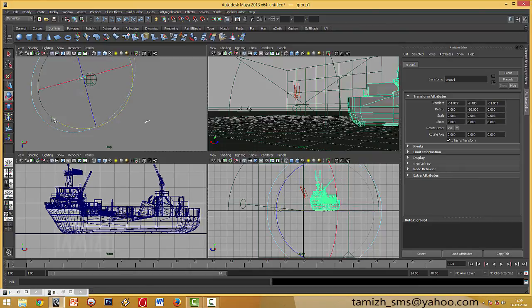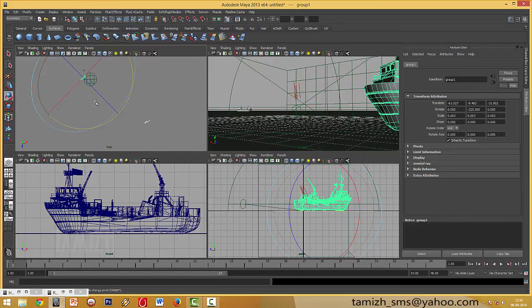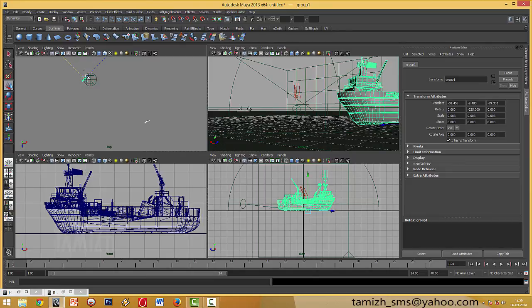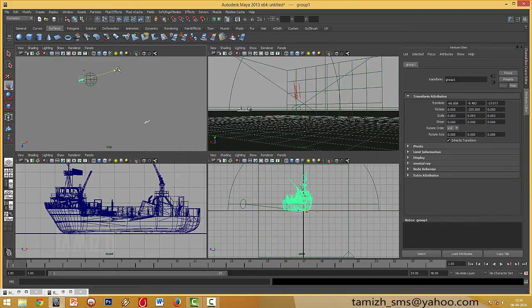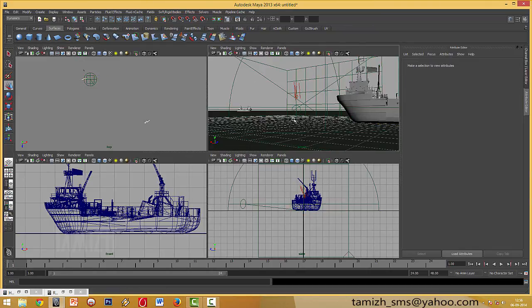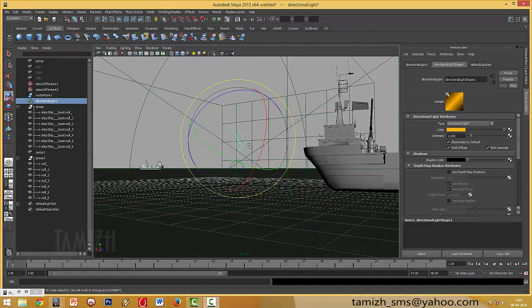Press J and rotate, hold J, so it will snap every 15 degrees. I'm going to position this like that, and I'm going to increase the intensity, so like 1.8,